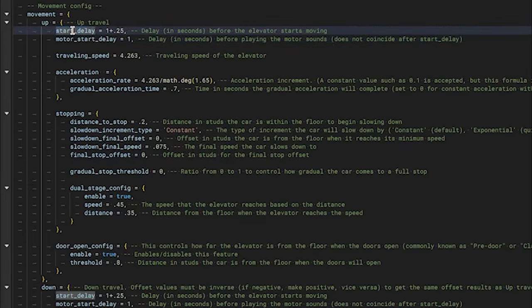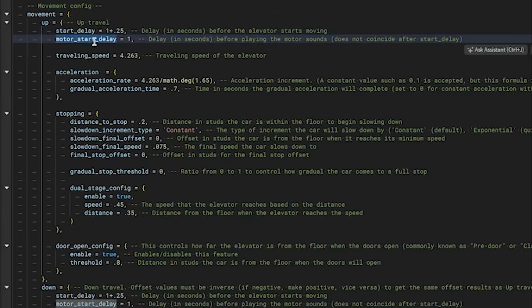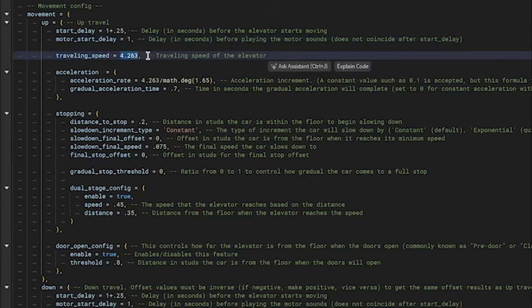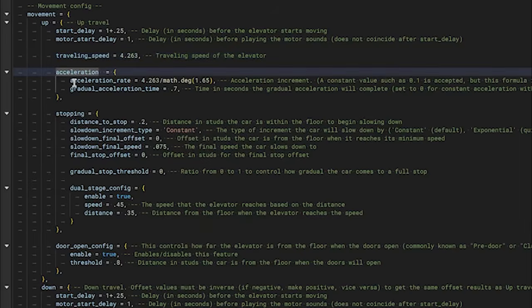So for example, this would not start and then this after. They both start at the same time. So you gotta kind of time these at the right time. Then traveling speed, I just have this set to a decimal because I converted it from actual measurements, but you can set this to whatever you like. It doesn't really matter. Moving on to acceleration, we have the rate, which if you look at this comment here,